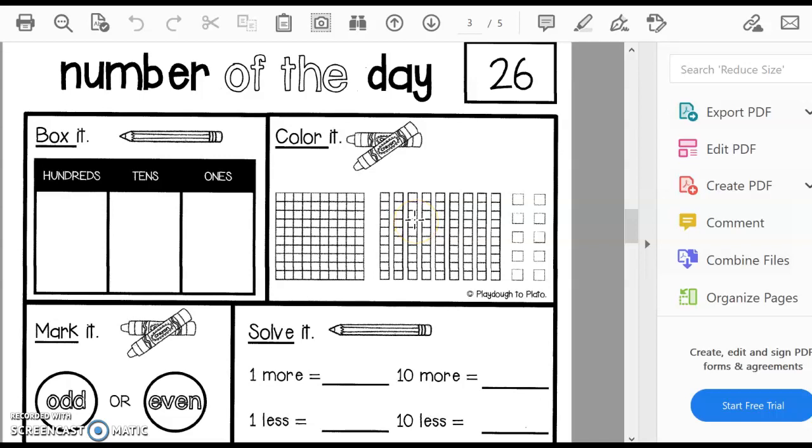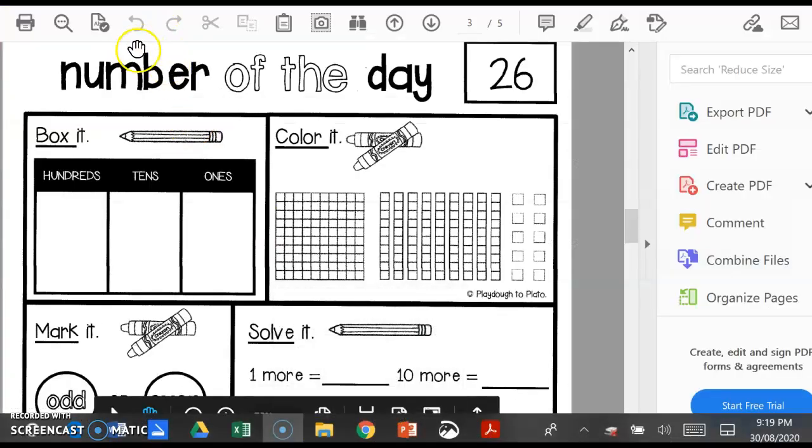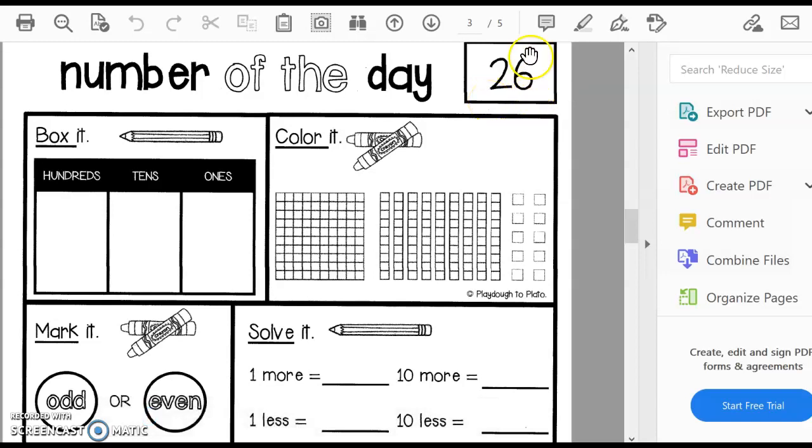What we are going to do in this section, this is something new. We are going to find different ways to show the number up here. Now that number will change. The activities in this page will not change. Oops. Okay, so this number will change. So just for today, that's our example,